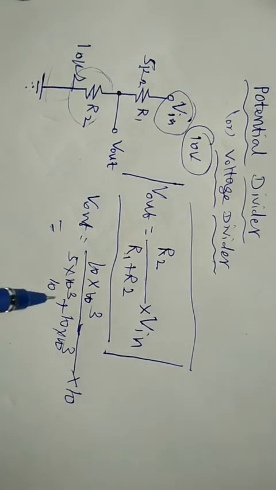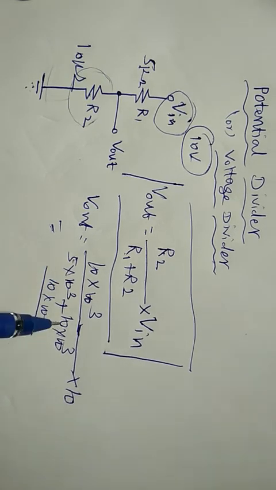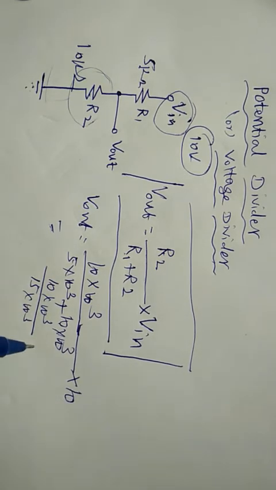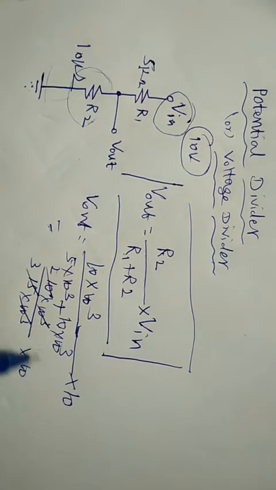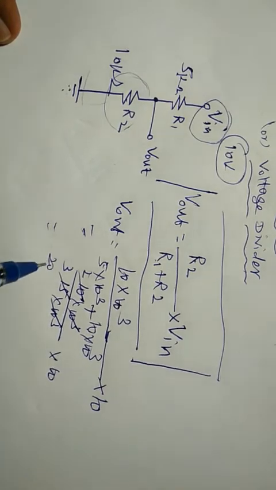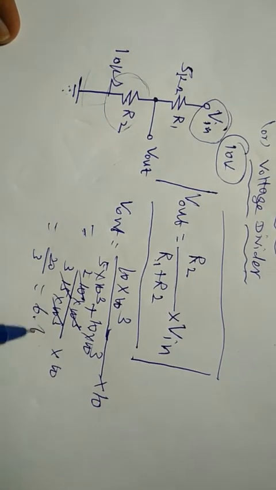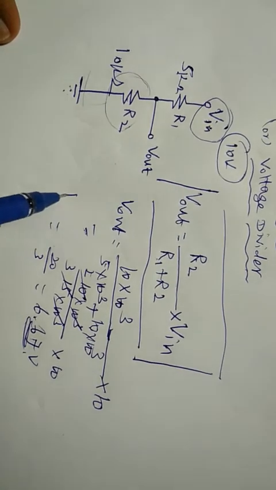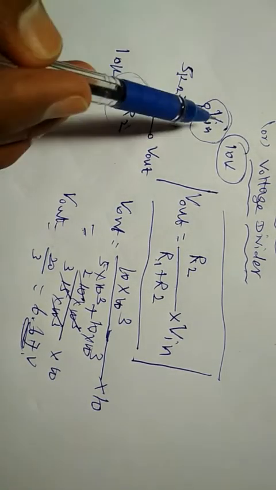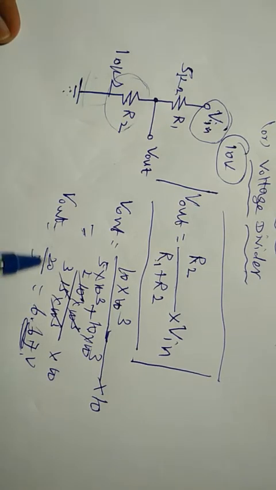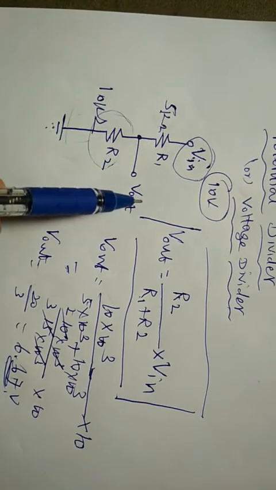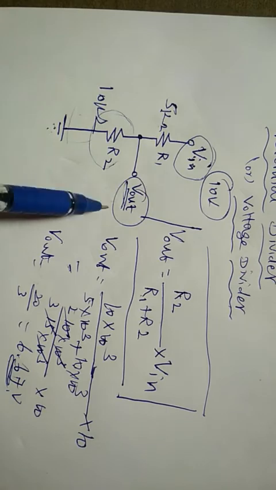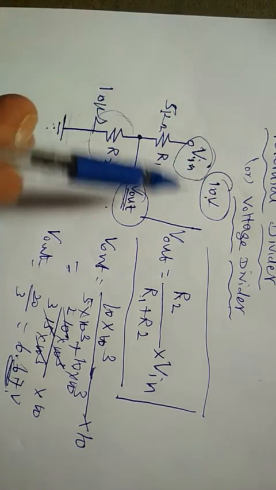So 10 into 10 power 3 divided by 5 plus 10, 15 into 10 power 3, into 10. If you solve this, it is 2 by 3, 2 into 10, that is 20 by 3, which is approximately 6.67 volts. So the solved Vout for these particular resistors and input voltage is 6.67 volts. Similarly, if you want 5 volts as an output from this Vout, for the same 10 volt input,